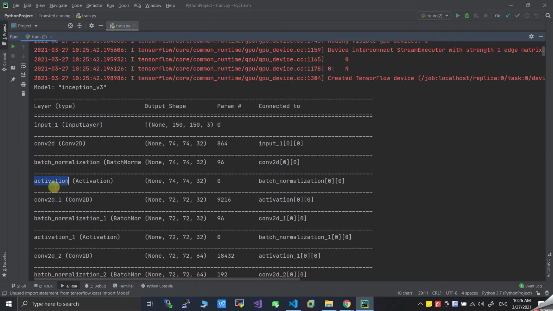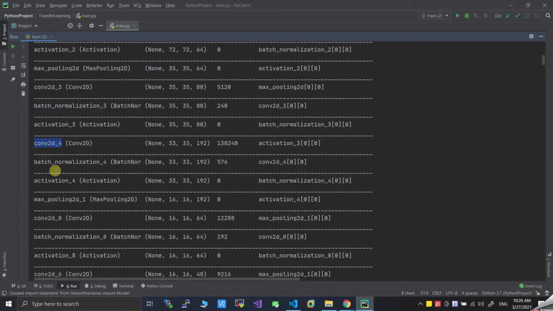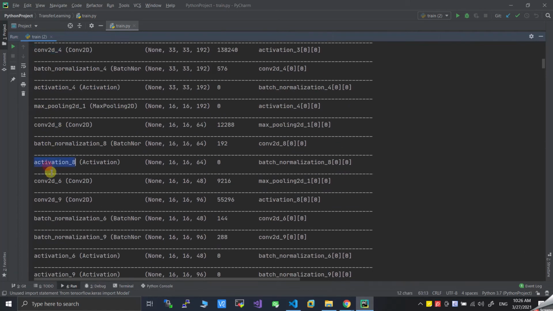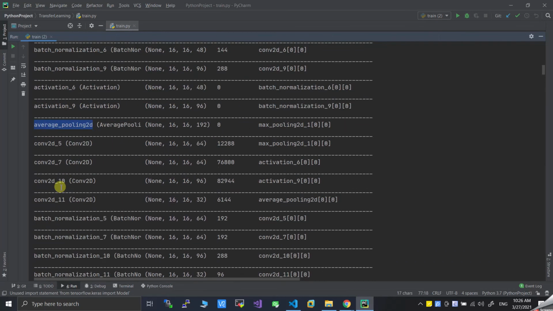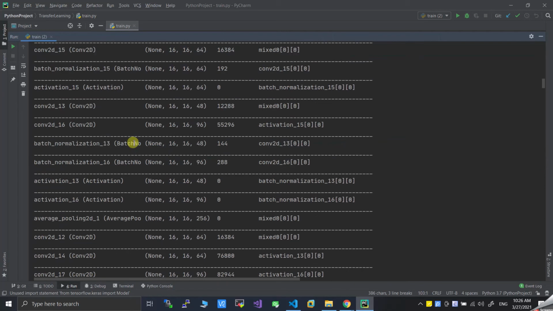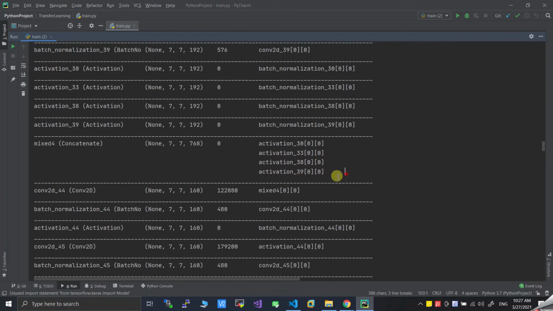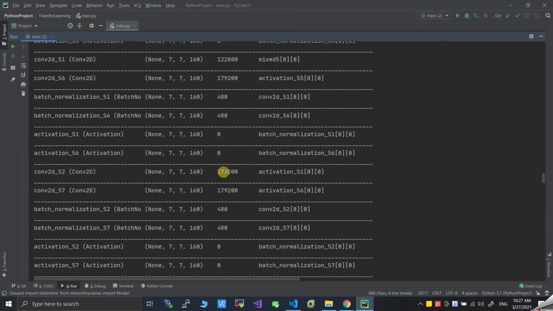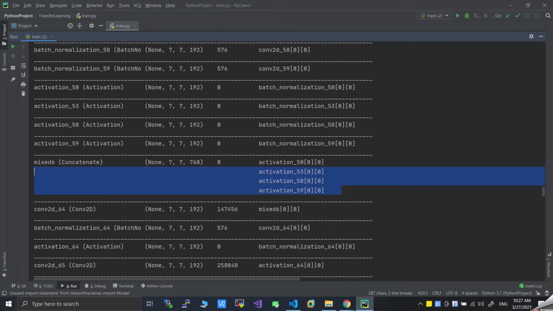And activation function, convolutional 2D, max pooling, convolutional 2D, activation function, average pooling, mixed 0, mixed 4, mixed 5, mixed 6,